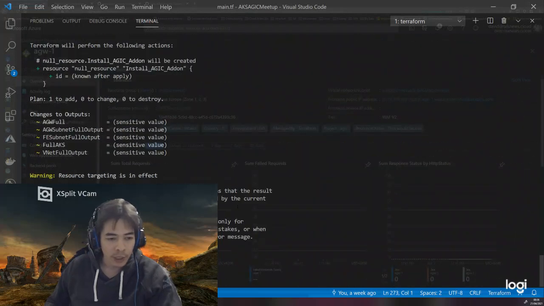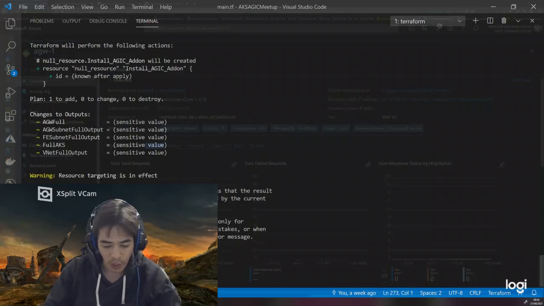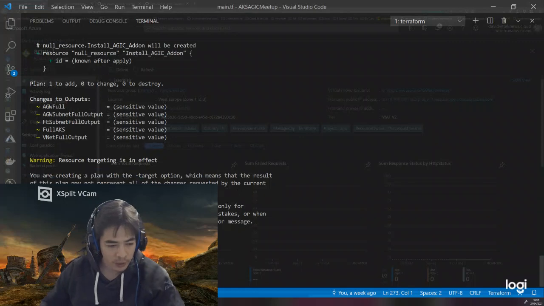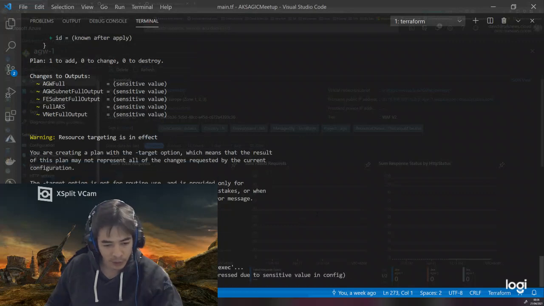But since I didn't want to wait the 10 or 15 minutes to deploy the Kubernetes cluster, I prepared the cluster beforehand, and now I'm only showing you the add-on installation. So let's just write yes, and if I'm lucky and I don't have any demo effect, it should be working.